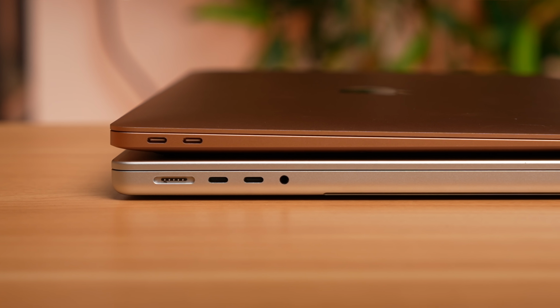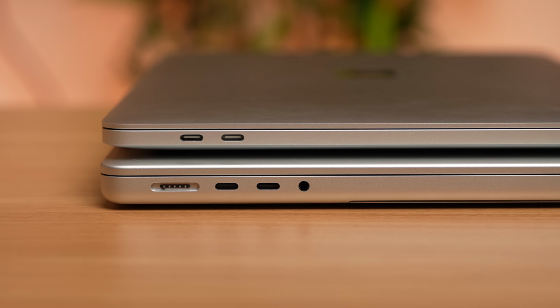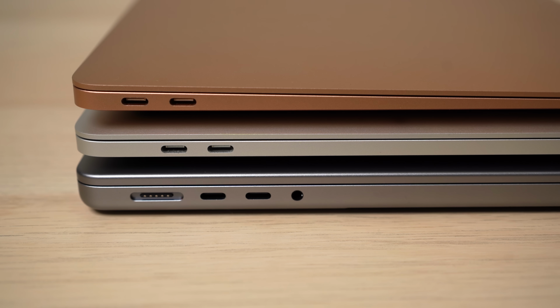Even though the MacBook Air has that tear-shaped kind of iconic wedge design, and this one kind of has more of a uniform design on it, they're kind of almost the same designed laptop. They both have pretty much the same limitations in their design. They both just have two Thunderbolt USB-C ports on the side over here, and then a headphone jack, and they're both pretty much thin and light,